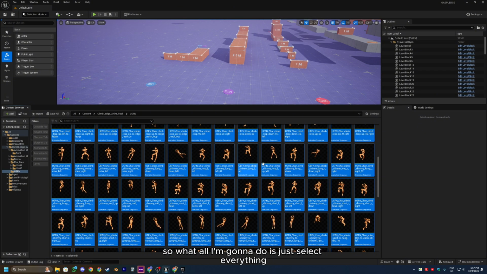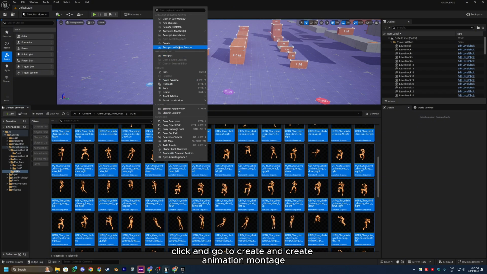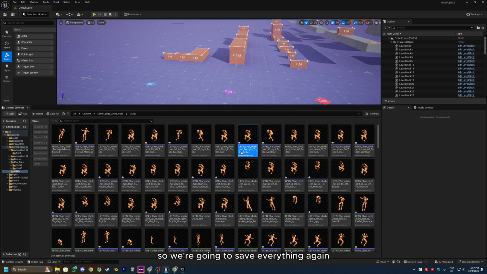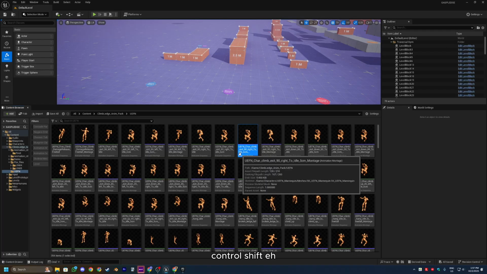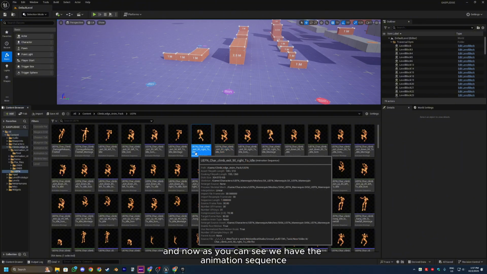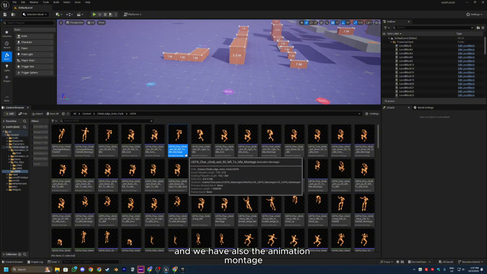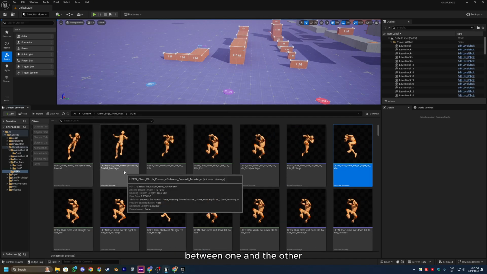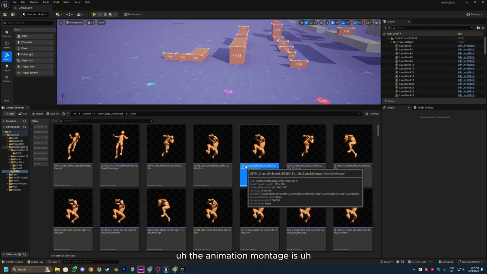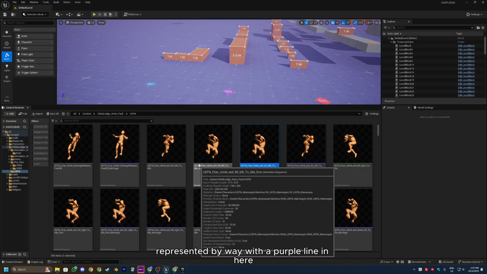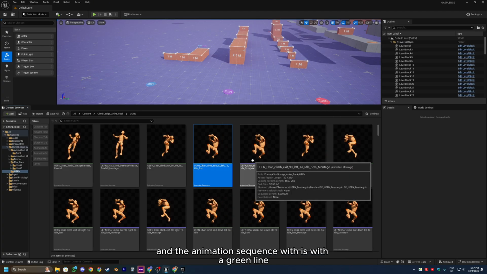So all I'm going to do is just select everything, right click, go to create, and create animation montage. So we're going to save everything again. You can press Control Shift S to save everything. And now as you can see, we have the animation sequence and we also have the animation montage. There is a difference between one and the other. The animation montage is represented by a purple line in here, and the animation sequence is with the green